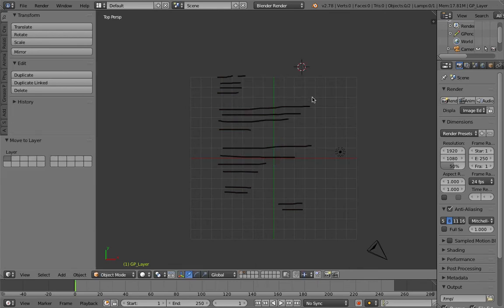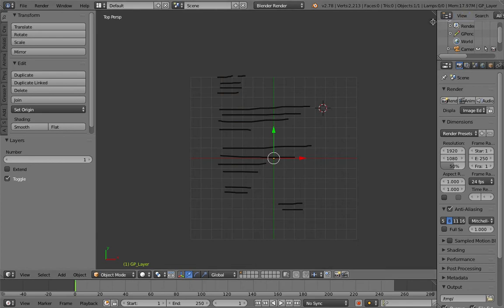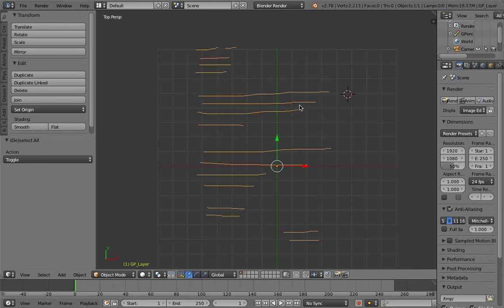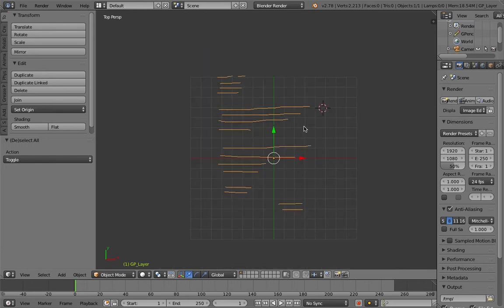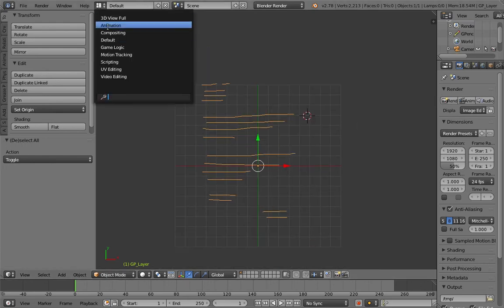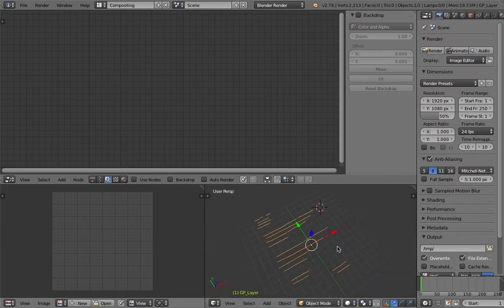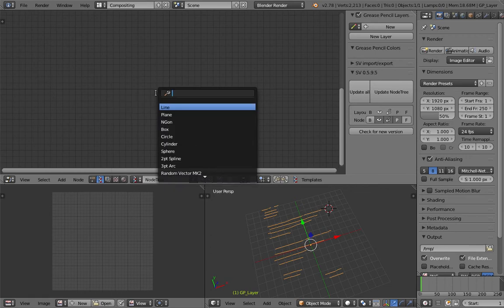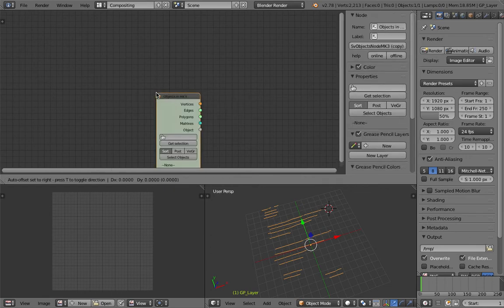Gonna put it back to layer 1, and we're gonna hide the grease pencil for now, and we just end up with this curve. We have done this before with Sverchok and grease pencil, so you can source it to Sverchok in many different ways, but for now we just keep it simple and source it as a curve. So objects in MK3,